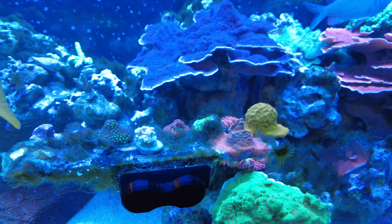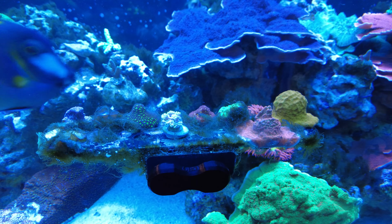Everything's been going much better. Algae's still frustrating, and I'm sure some of you can really feel that as well, but at least the corals are looking good. I'll try to get a little bit better of a picture of this gonian for you guys,